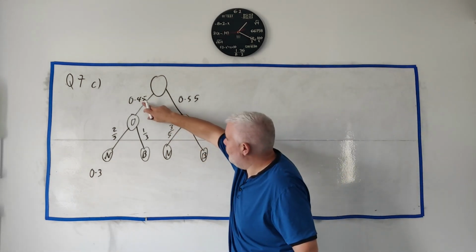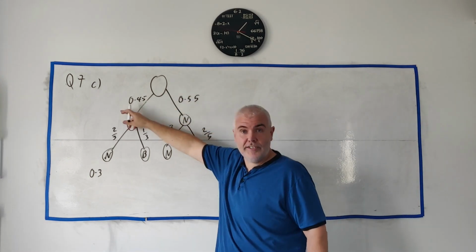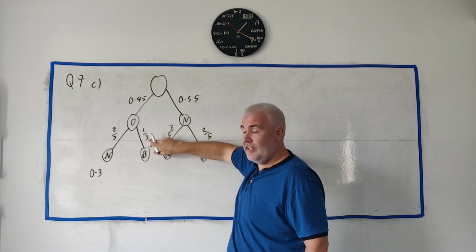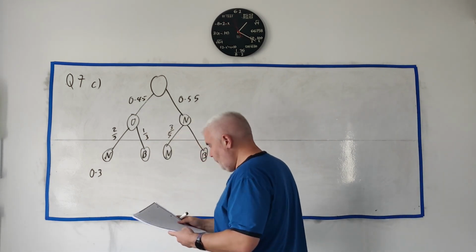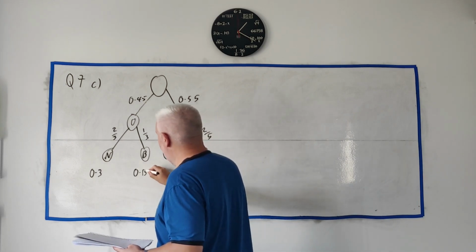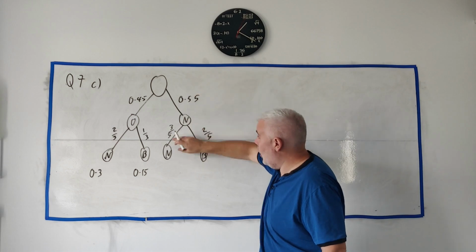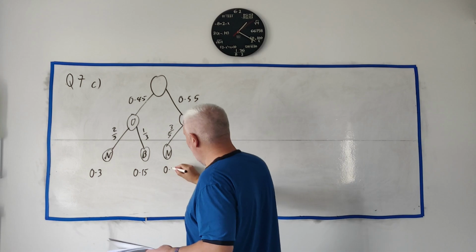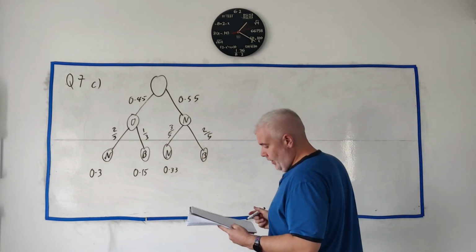Do the same here, 0.45, that's the chances of you using the old system. And then once you're on the old system, the chances of booking are this, multiply the 2 together, and you get 0.15. Again, the chances of using the new system and not booking are 0.33, and again the chance of using the new system and booking is